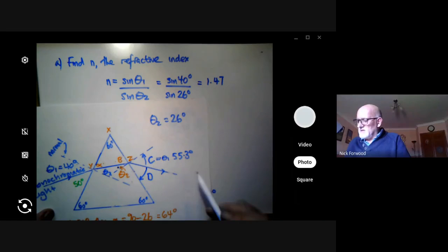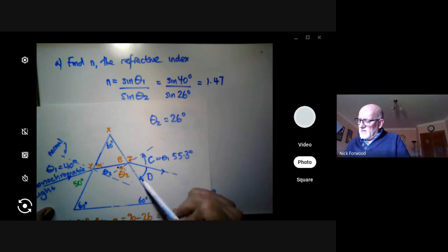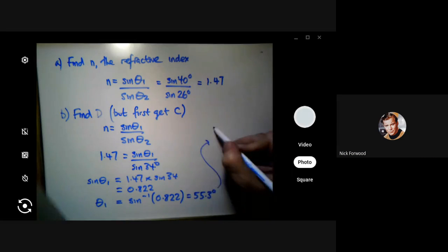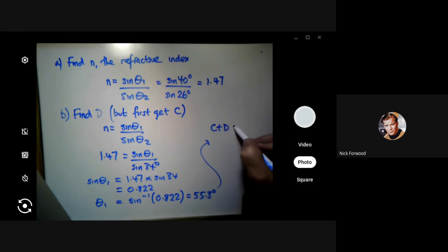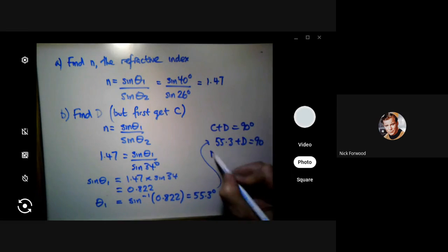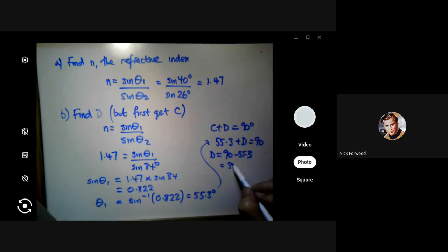So how do I get D? Once again, C add D, 90 degrees. I'll go up here. C plus D is equal to 90 degrees. So that is 55.3 plus D equals 90. So D must be equal to 90 take away 55.3, which is 34.7